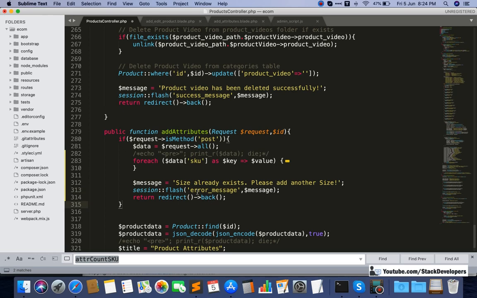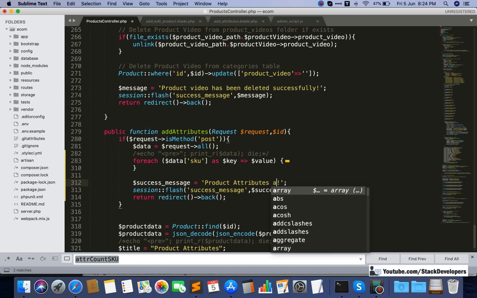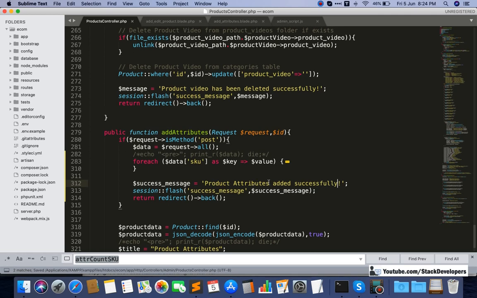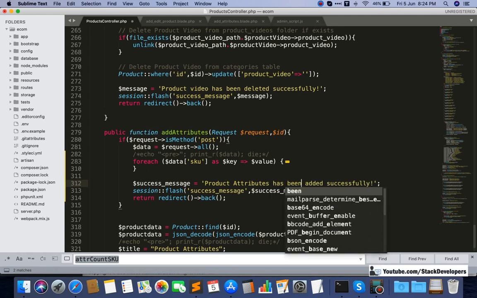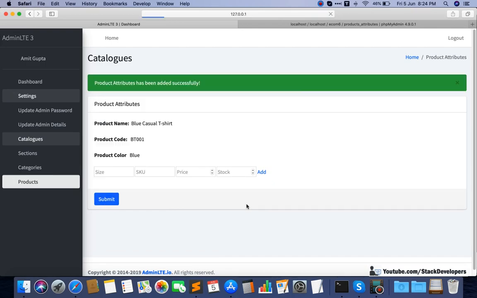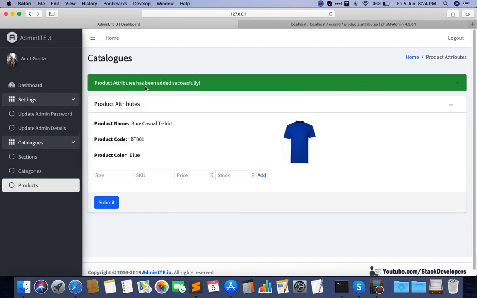Instead of the error message I'm going to show a success message, so that it will not pick the earlier one: product attributes has been added successfully. Now we are going to submit, and see the message "product attribute has been added successfully." The message is coming correctly.